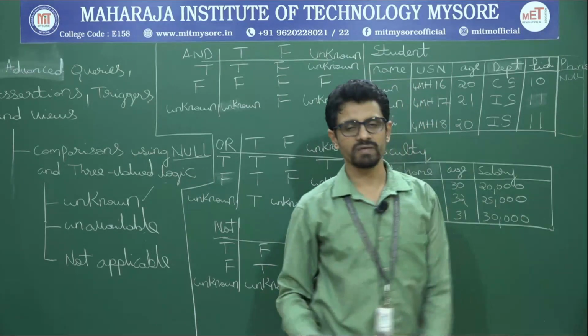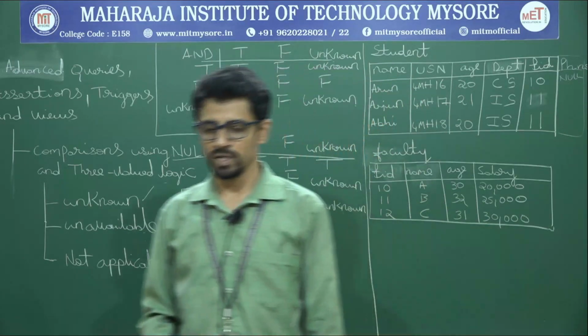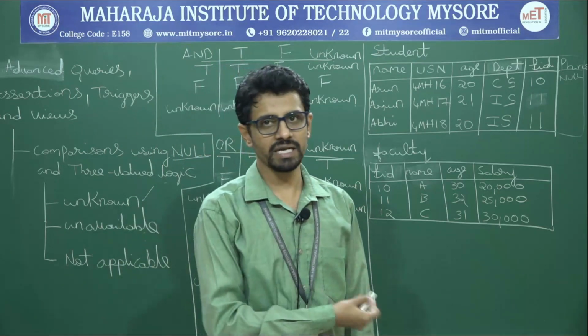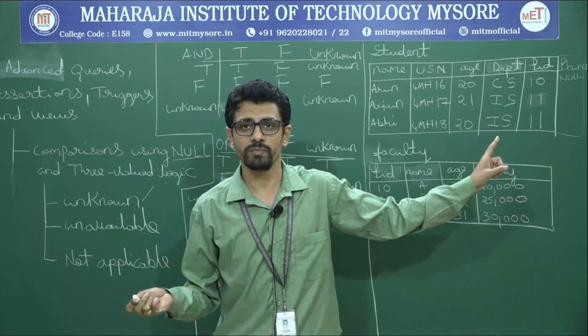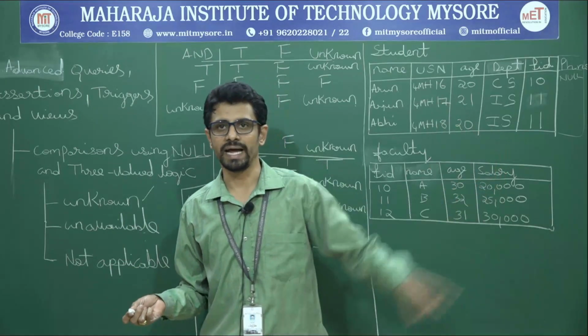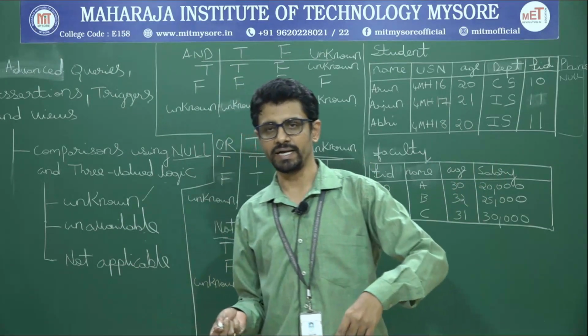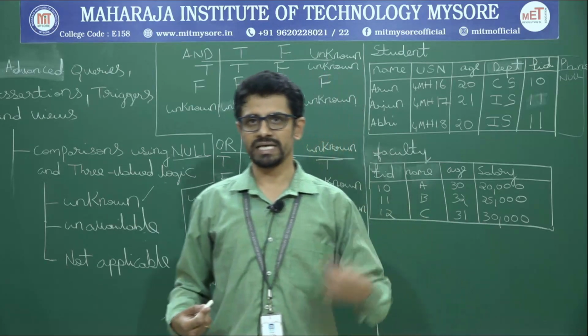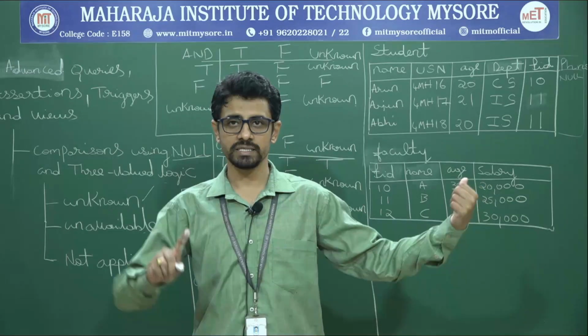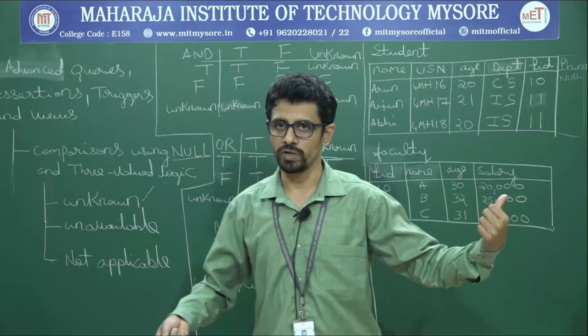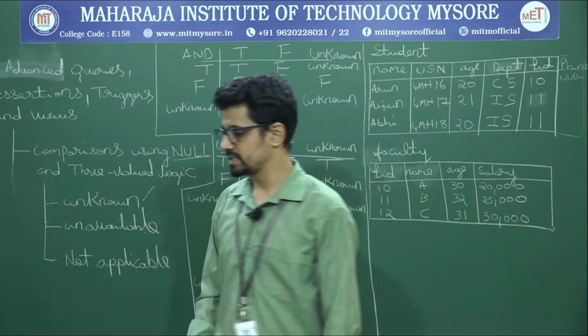Next case, the values will be filled if they have a phone number. So this way, when I have a null over there, what does it indicate? Unknown. For the case of what type of attributes? Telephone number or a landline number. If they don't have a landline, because I don't know whether he has a landline or not, but he has, I put null here. So it indicates what? The phone number indicates unknown. The value is unknown for him. Okay. Next.